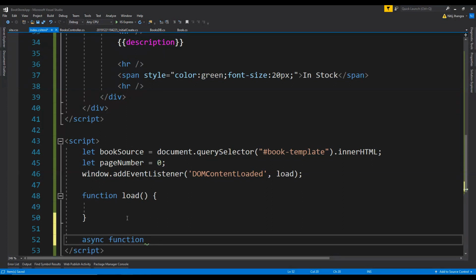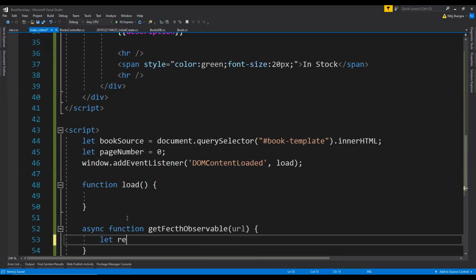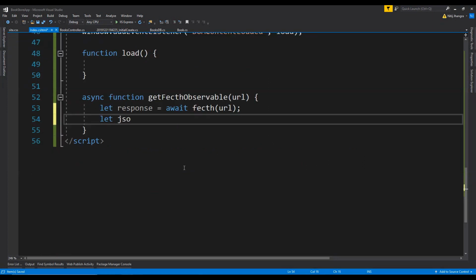So async function, and let's call it get fetch observable, and this function is going to accept the URL of the web API. First let's get the response. So let response equal await fetch, with the URL provided as an argument. And now let's get the JSON from this response. So await